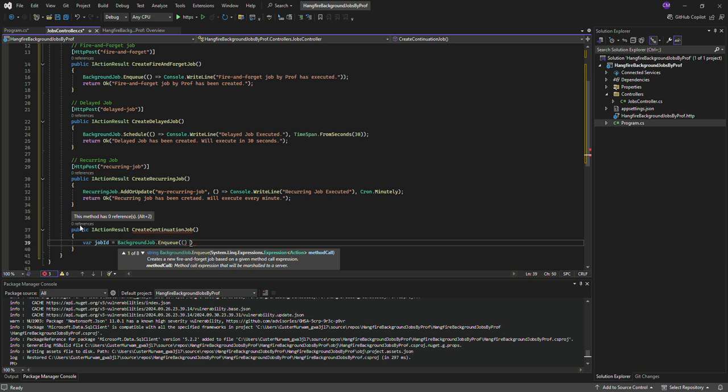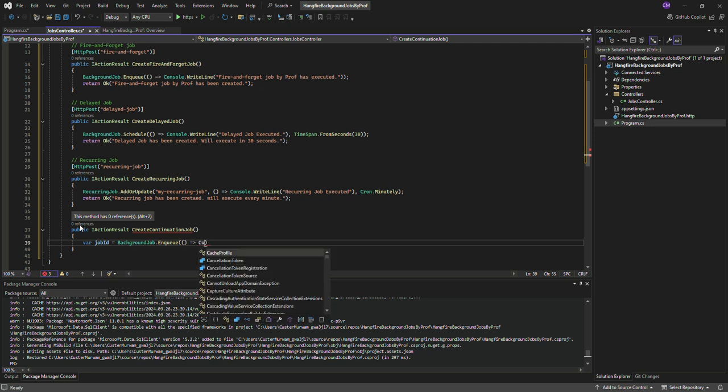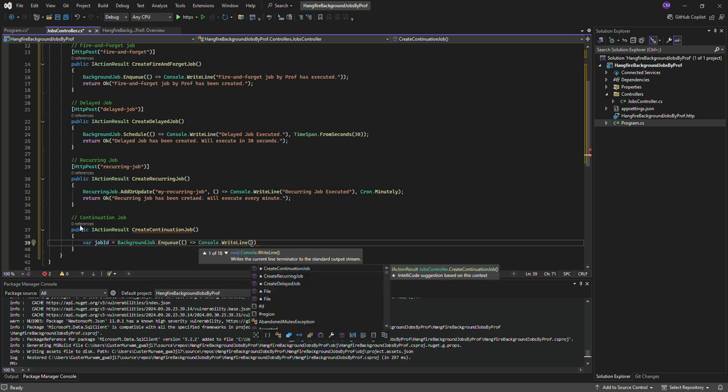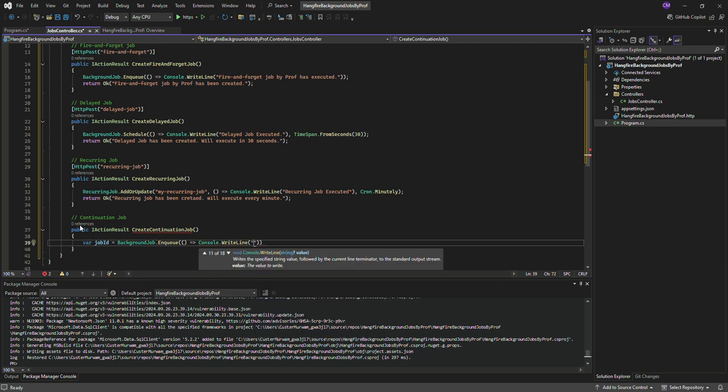So then we will just then have to do that, and we console dot write line. We console dot write line, and then we will say initial job executed, then which is that. And then as always,